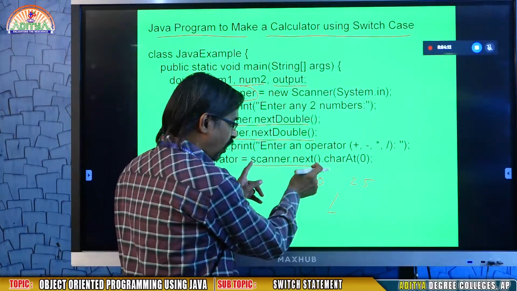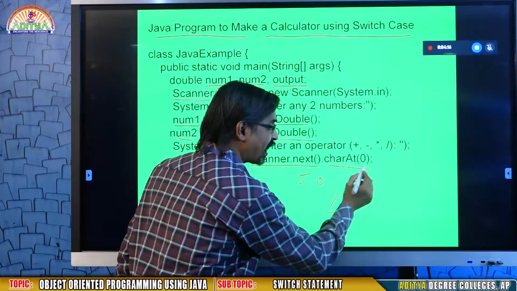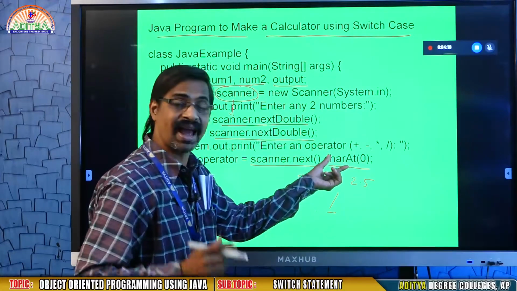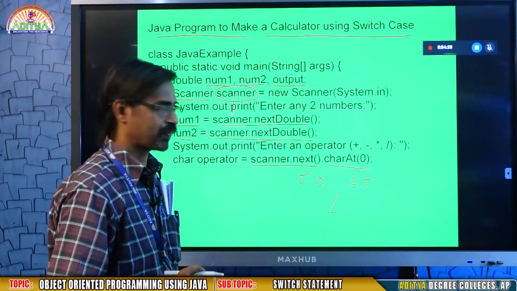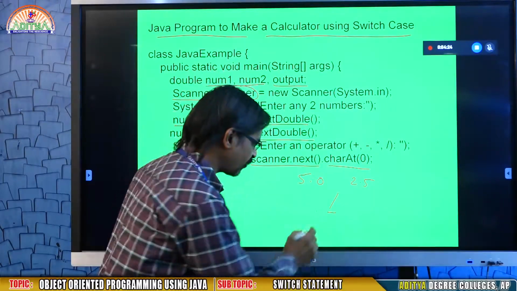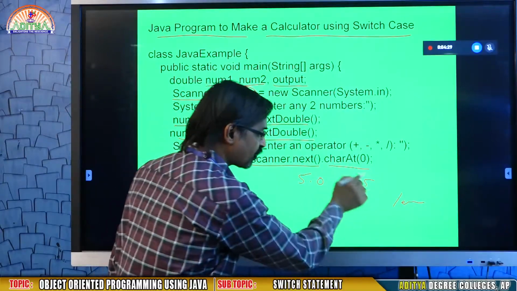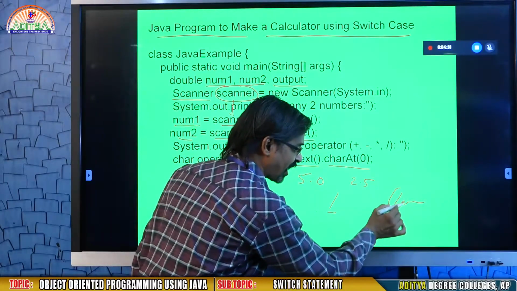That's why what you read through scanner.next() is followed by charAt(0), because charAt is a character function. The purpose of charAt at position 0 is this: after the slash there may be some extra characters, but the 0th position, the first position, has the slash.